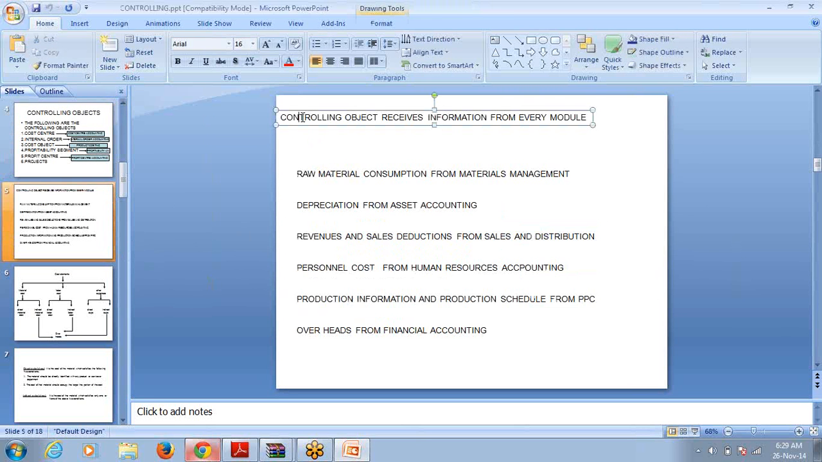Now, the controlling object receives information from almost every module. Raw material consumption comes from materials management. Most of you know that there is one module, materials management. Using this materials management, we can process the raw material procurement activities, inventory management activities, material issue activities. So all the activities are the business transactions relating to